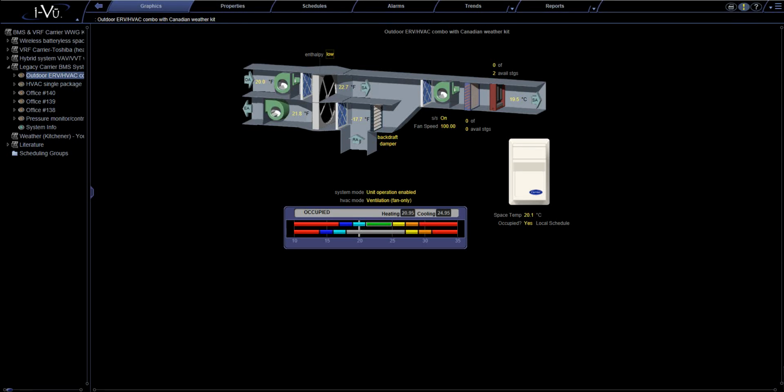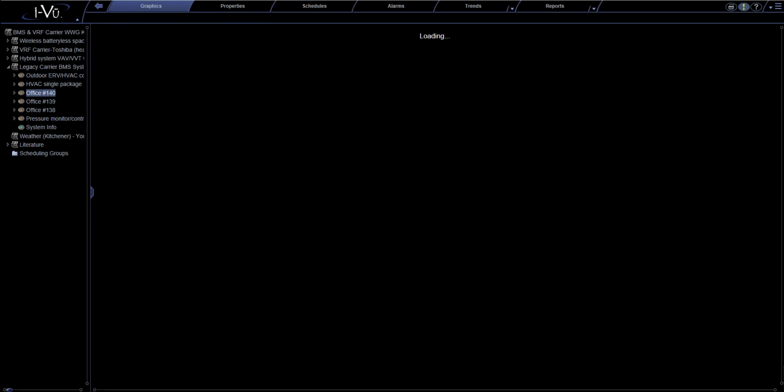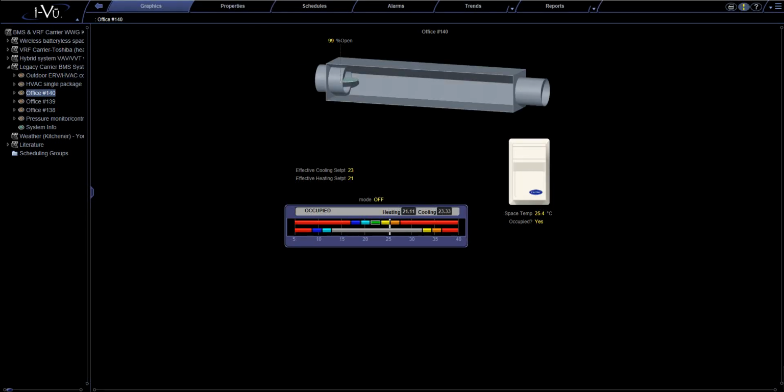Here we have an included graphic from Carrier for a Carrier rooftop with energy recovery wheel and Canadian upgrade kit that permits operation of a rooftop in extreme weather conditions. This system is powered by BACnet protocol,